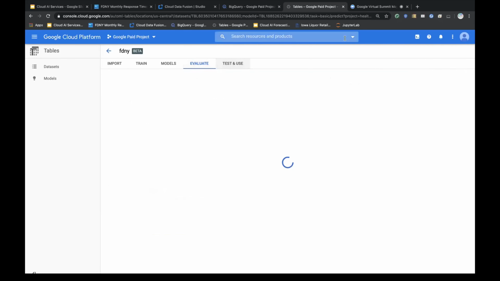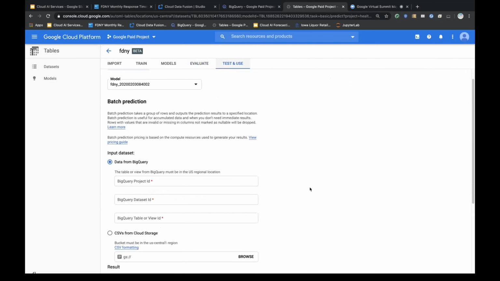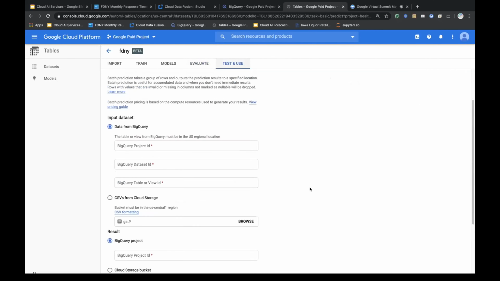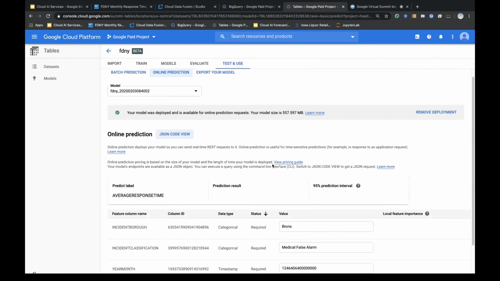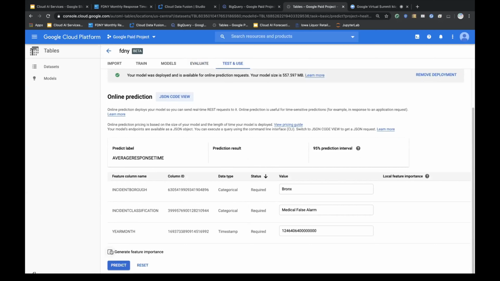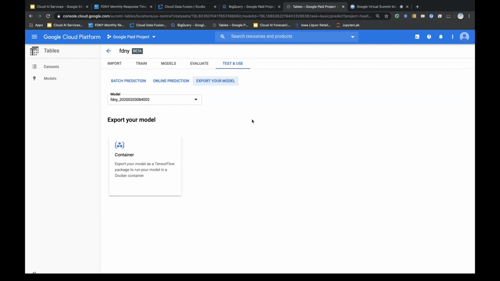The final thing, I know I'm running out of time here, is showing you the batch prediction. So I could pass it in here in the user interface what I want to predict. I could also do an online prediction where I test it here in the user interface. I could put in an example value and see what I get back. And then finally, I had this idea of exporting my model. So I could do all this training and then export it into a Docker container so I can embed that into my applications. All right, I think that's